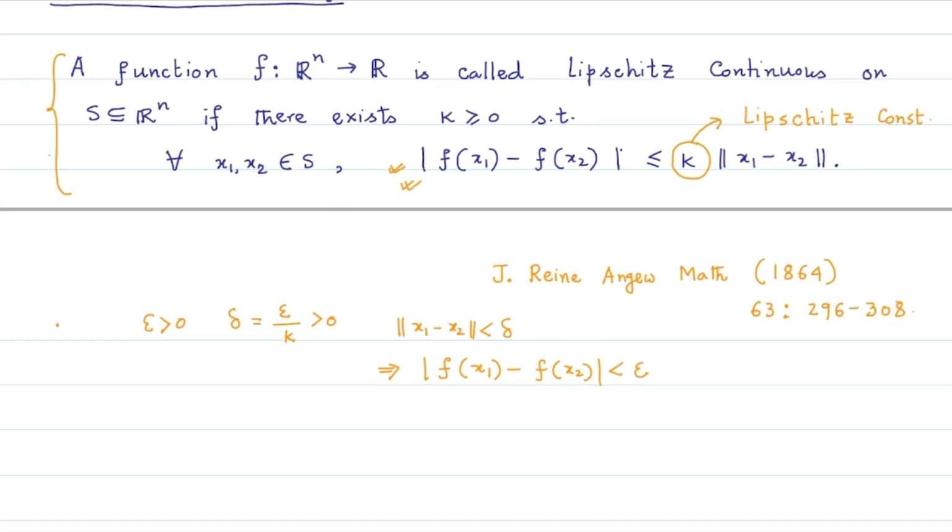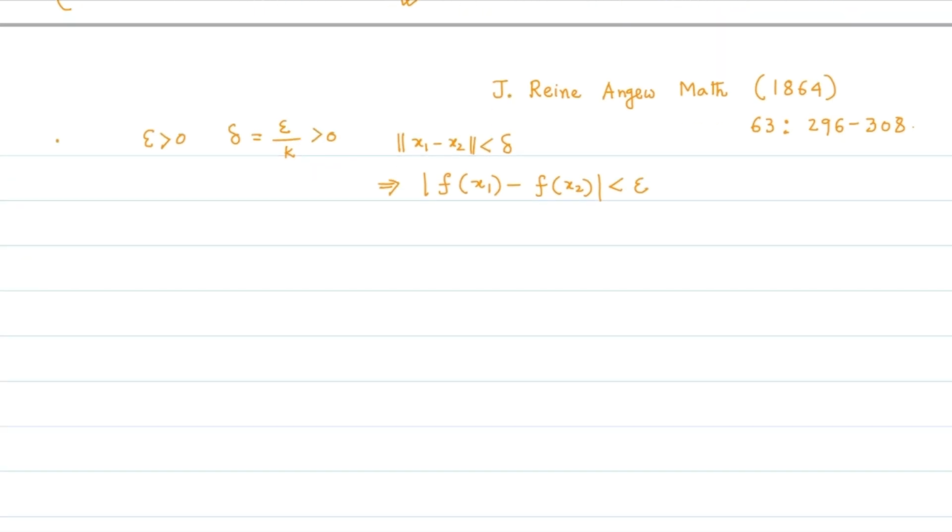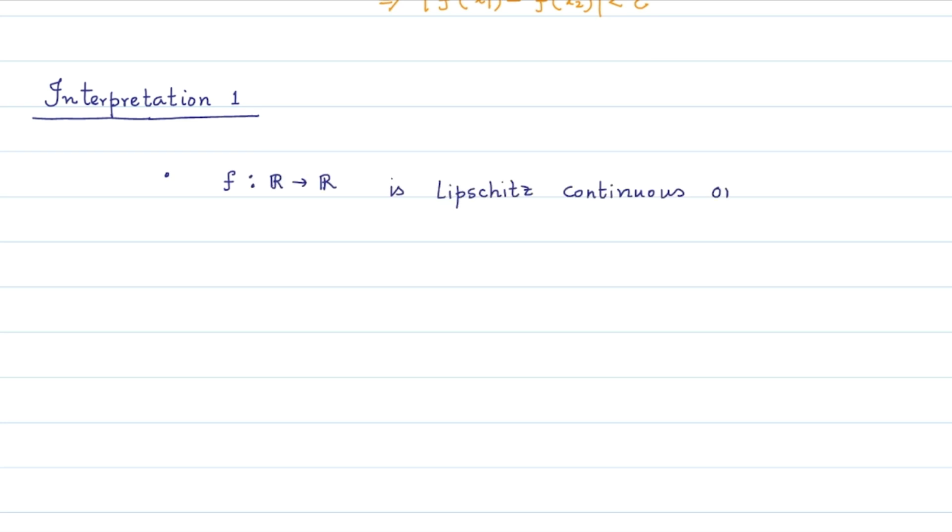At first, we consider a function of one variable to find a geometrical interpretation of Lipschitz continuity, and then we will generalize the interpretation for functions of several variables. Let us suppose the function f is Lipschitz continuous on a set, say capital S. Then for any pair of points, say a generic variable x and a point x bar inside the set capital S, we have modulus of f(x) minus f(x bar) less than or equal to some non-negative constant k times modulus